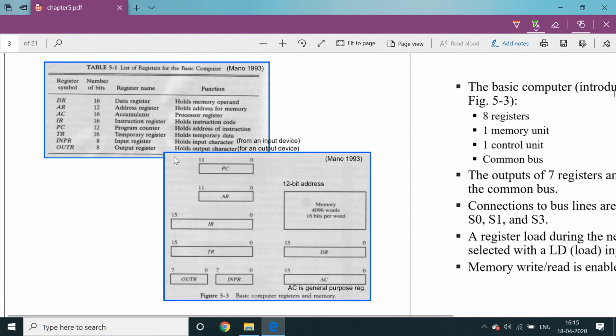So here the same representation is shown in the basic computer registers and memory. This is the complete textbook diagram. It always shows a rectangular box. See, this is not a rectangular box, this just acts as a square type box. This is the memory and this is the register. Here, any rectangular box 0 to 11 means inside total 12 bits are there. Program counter is 12 bits. The representation is like this, 12 bits address register. The length is also different from this point to this point and this point to this. Total 16-bit registers: instruction register, temporary register. This is a program counter, address register, 8-bit registers, output register and input register. Again same, 16-bit registers, data register and accumulator registers. This is the register representation.